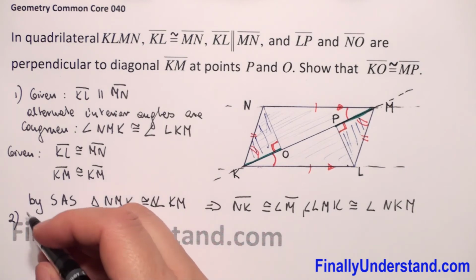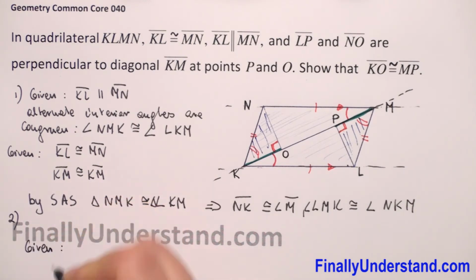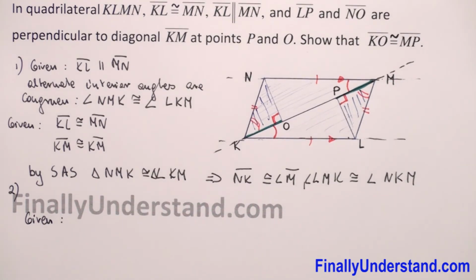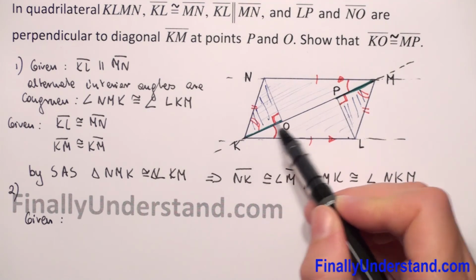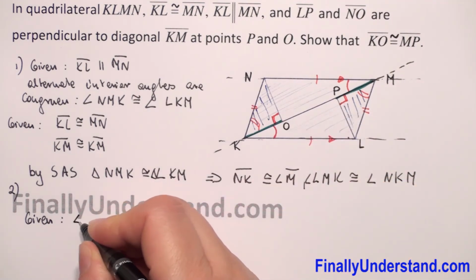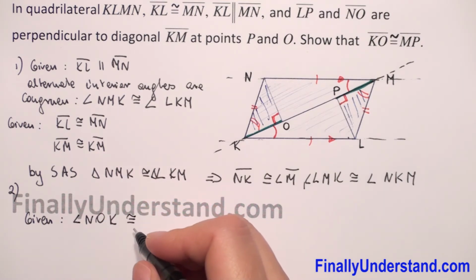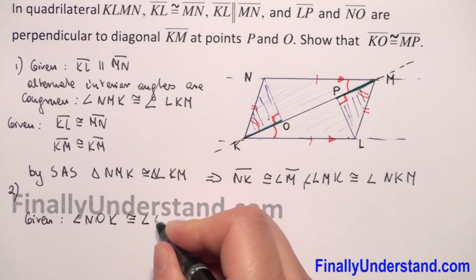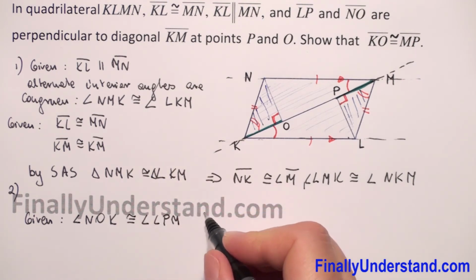Why? We have given, let me write this, that these two angles are right angles. So they are congruent. We can write that angle NOK is congruent to angle LPM. Why? Because